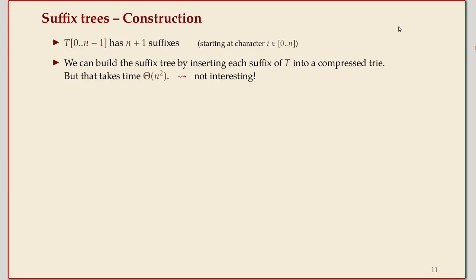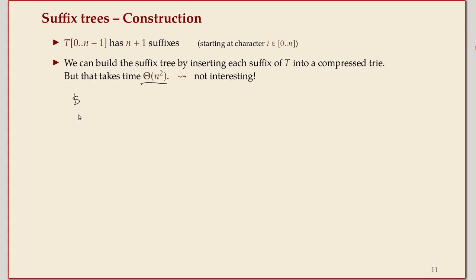How can we construct this suffix tree? That's where the magic comes in. We have n+1 suffixes. We could build the suffix tree in the way I described it. First build the standard trie and then compactify it to get the compact trie. And instead of writing the strings into the leaves, directly doing the indices, that's the easy part. That's not a problem. But remember, we discussed this last time. The standard trie can be as big as the total number of characters in all the strings added up. Our text only has n characters, but if I add up